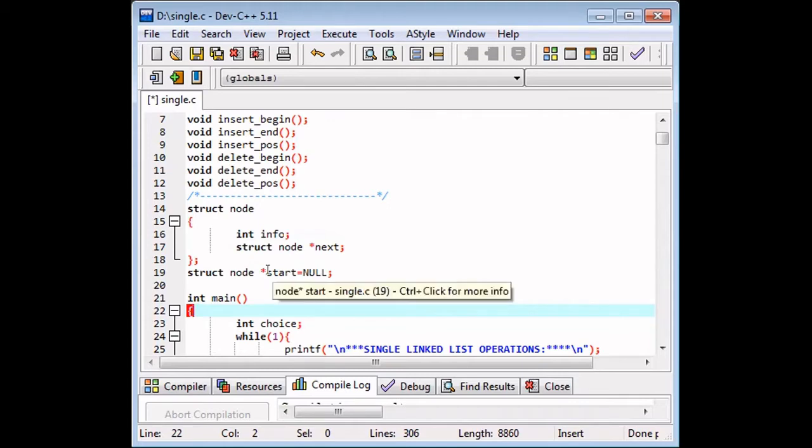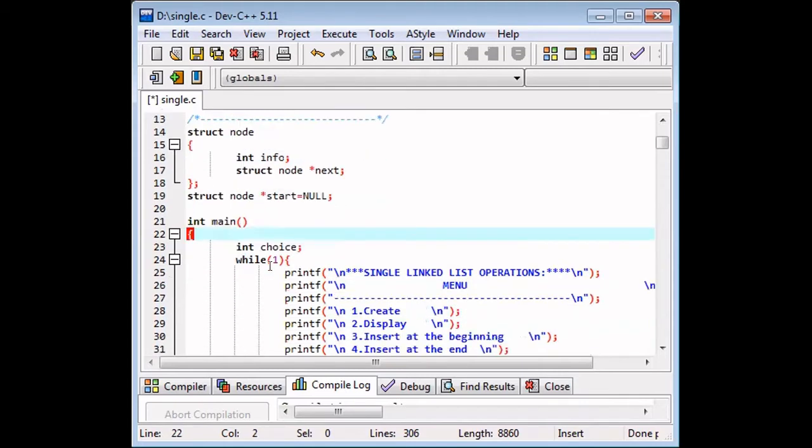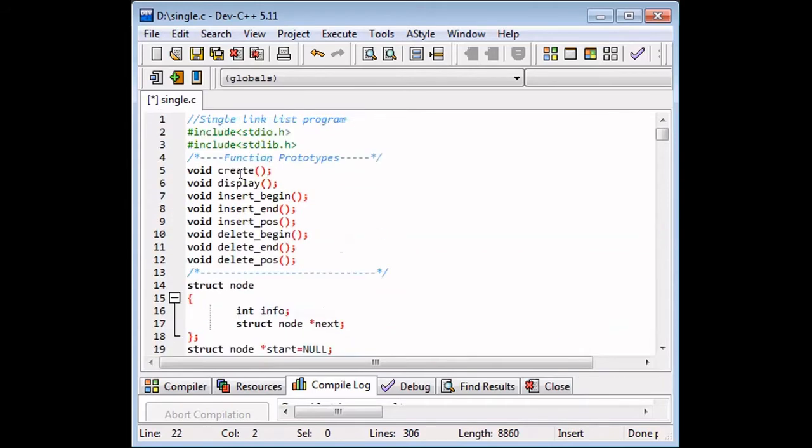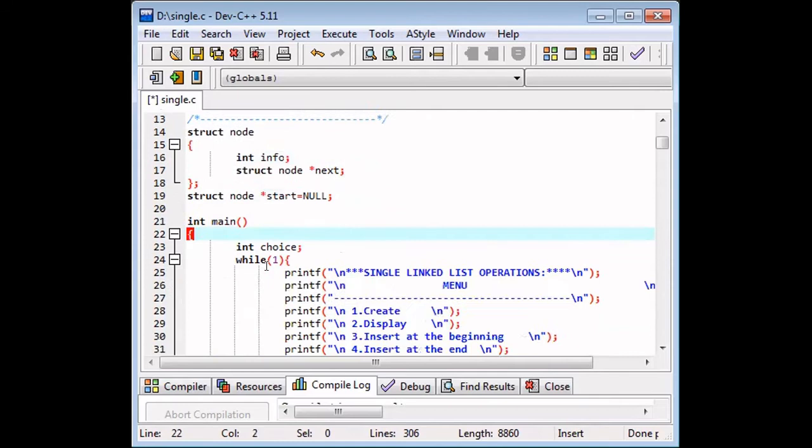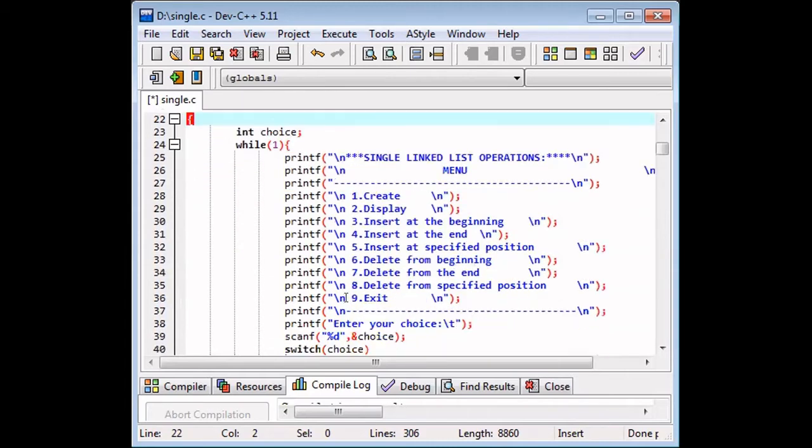That is head, what we will assign as head. Here in the program we are using the term start. We are starting with our program. Since we have various operations in the program, you need to use a case. A switch case statement is there, and declare and give the choices. So I need to have a variable int choice. And then we are displaying various choices. See, we have 9 choices.